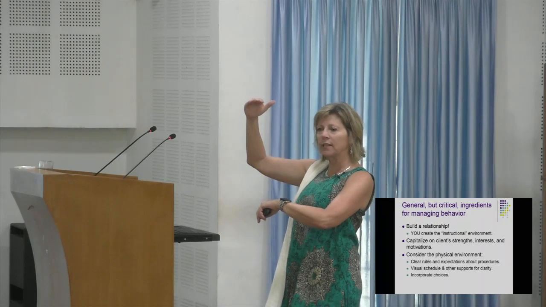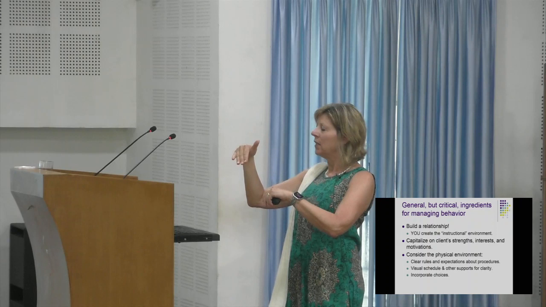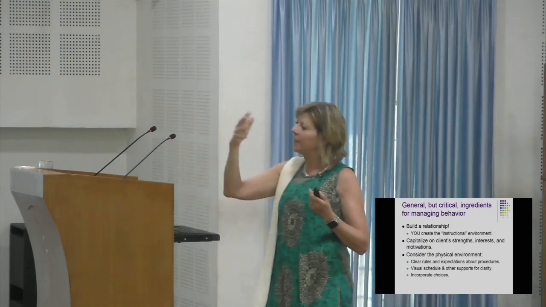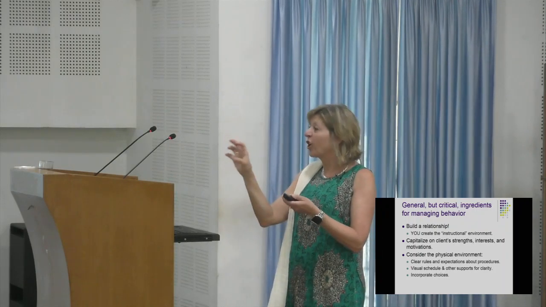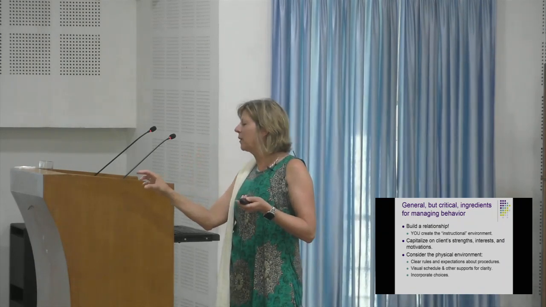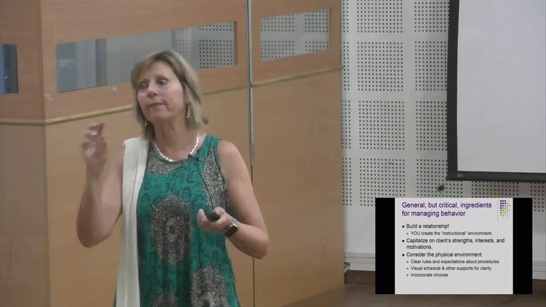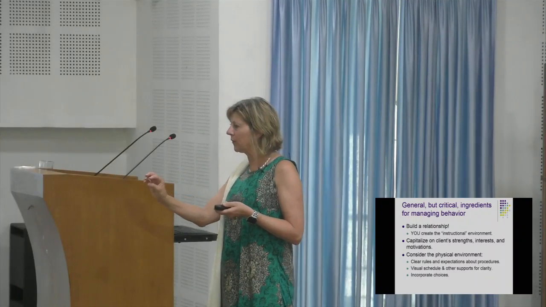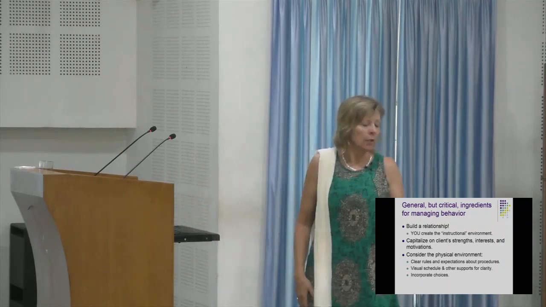And so a visual schedule to say, we're going to do this first, and then this, and then this. It may even start out with a really preferred activity to get them engaged with you, and maybe something a little bit easier, and then it moves to the hard thing that they really don't like, but they can do, and then it might be another preferred activity so that they know, okay, if I do this really hard thing, then at least I get to this fun thing at the end. And it's always good to end on something fun, so they want to come back.